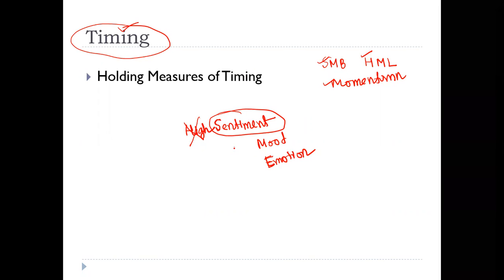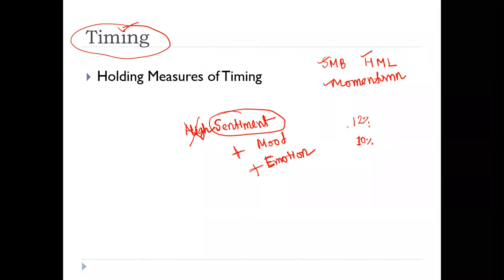So when there is a high mood or positive mood, let's say the Bayesian expectation of the return from investment in Robi is 10%. Bayesian expectation of return. Can you recall the Bayesian? Okay. When you have a positive mood or a positive emotion, will you believe that the return is 10% or that the return is more than 10%? So more than 10%.